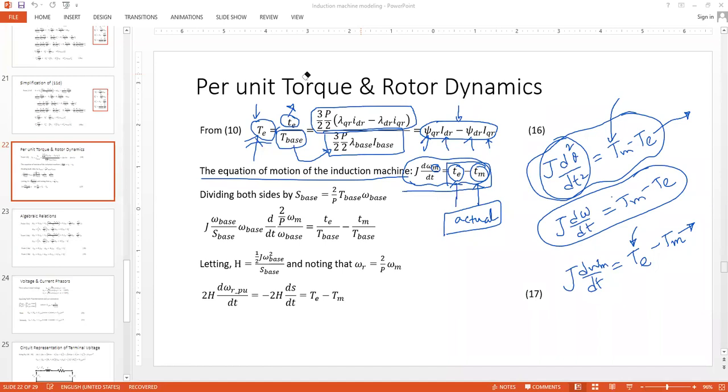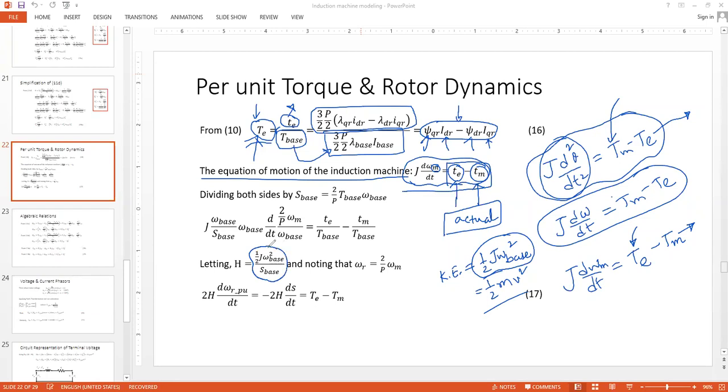What is that? Half J omega squared is nothing but the kinetic energy, half J omega base squared. It is equivalent to half mv squared for linear motion. This is for angular motion of a body. So just to introduce this half J omega squared, we actually did a similar kind of thing